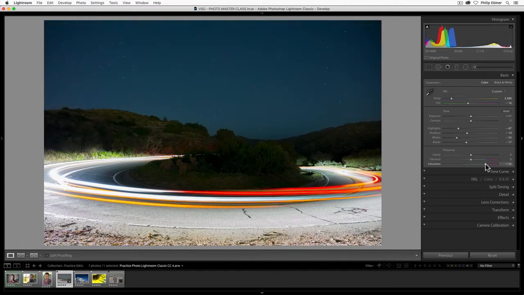Dragging that to the right will make everything, all parts of your image, more colorful, more vibrant colors. Dragging to the left will get rid of the colors. All the way to the left will make it black and white. So that's a quick way to add more color to your photo. And that looks cool for this image because it's kind of hard to tell what should be natural or not. Having actually more color looks better.